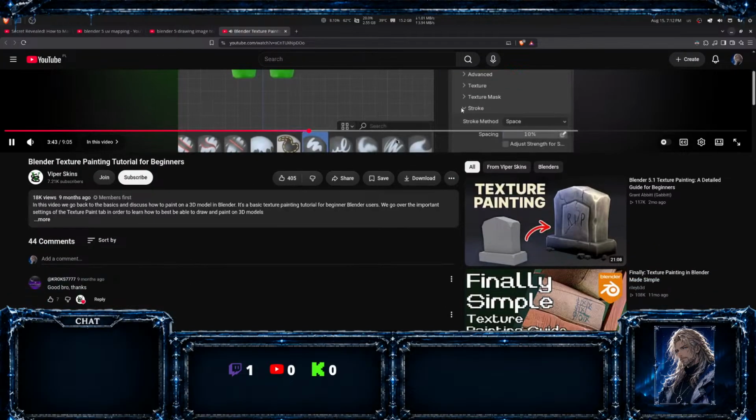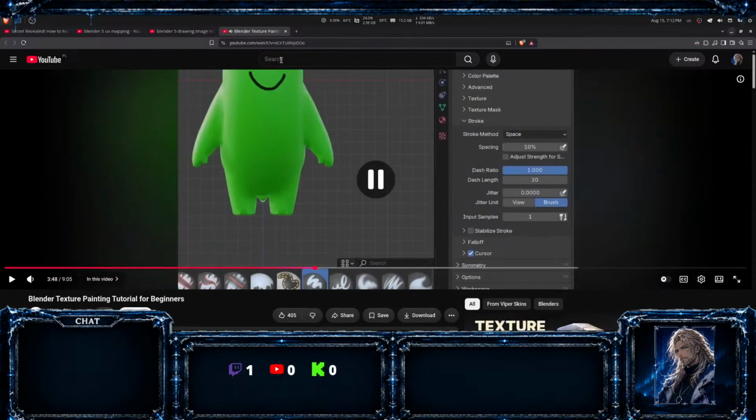Now let's jump to the stroke section. Here we can decide how to draw. Currently the stroke method is set to space, which